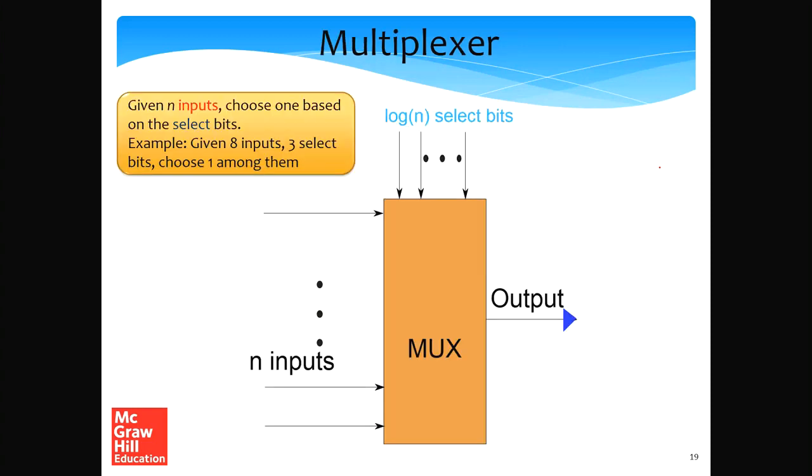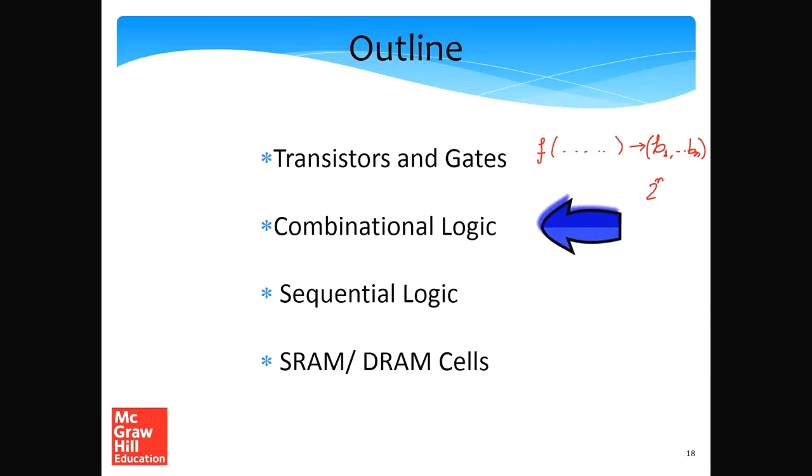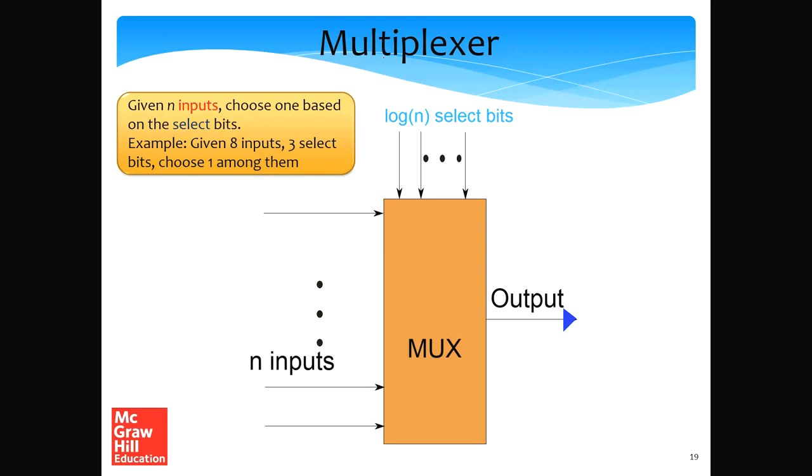What we want to do in this part is discuss some of the most important combinational logic blocks that are typically used in modern processors, and the multiplexer is probably the most important logic block. So let's discuss that first. Mind you, in combinational logic we just take combinations of variables and then we decide the output. There is no storage per se. So let's consider a multiplexer.